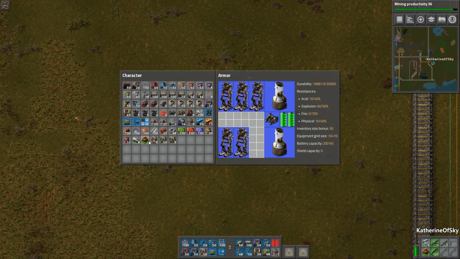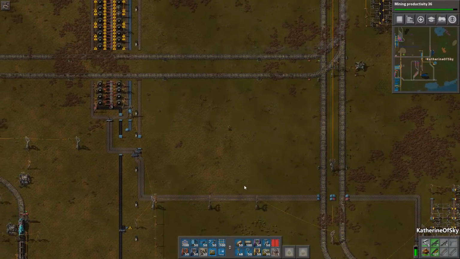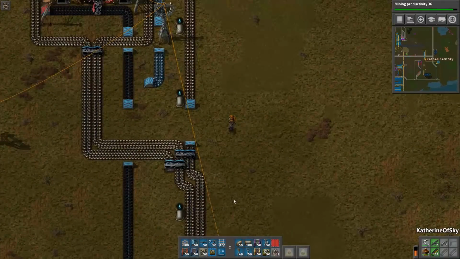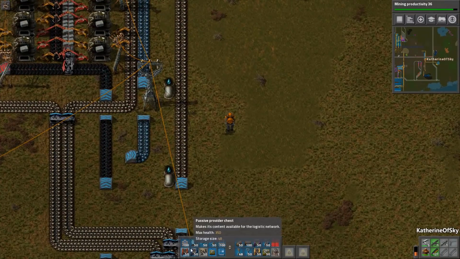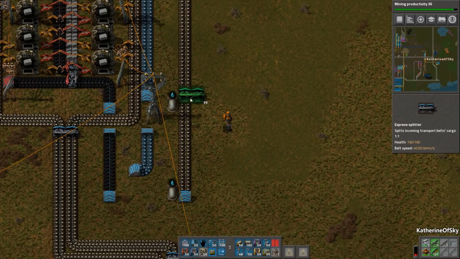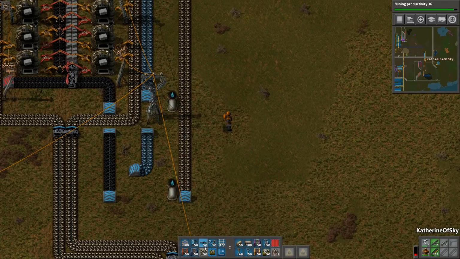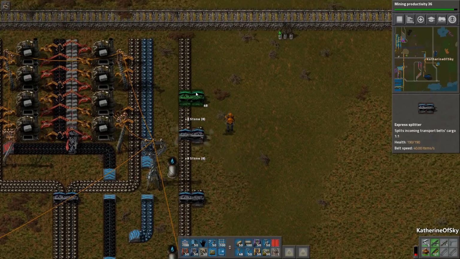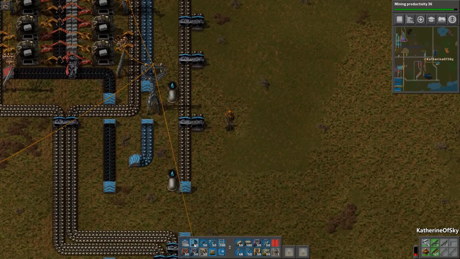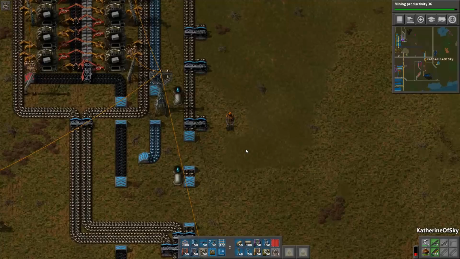Let's get our robots back. There we go. Right. Belts and underground splitters can now replace each other. That means if you want to take a diversion off a stone line, before you had to right-click and remove the thing. No more. You can just plop it on down and have this happen. You can do the same here, like that, and it will remove the belts in between, which is extremely handy